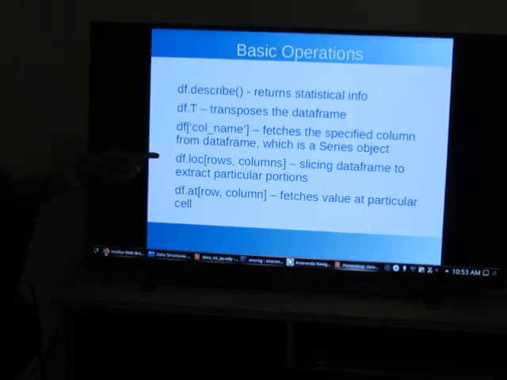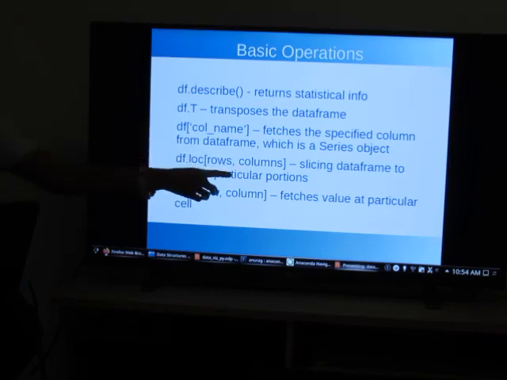And then if you want to slice the data frame to obtain certain rows and certain columns, you can use the df.loc command. Here you enter the rows for which you are interested, and here you enter the columns for which you are interested. If you want all rows and all columns, you put open square bracket colon comma colon, which will fetch all rows and all columns, or else you specify the certain range, say for rows 0 to 5, and columns, whichever columns, the name of the columns. If you want to use integer values for columns, you have to use the .iloc command.